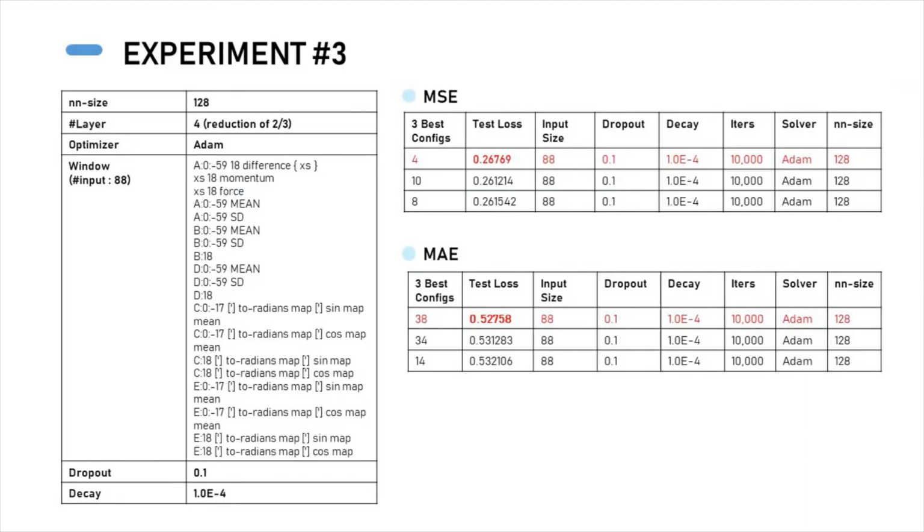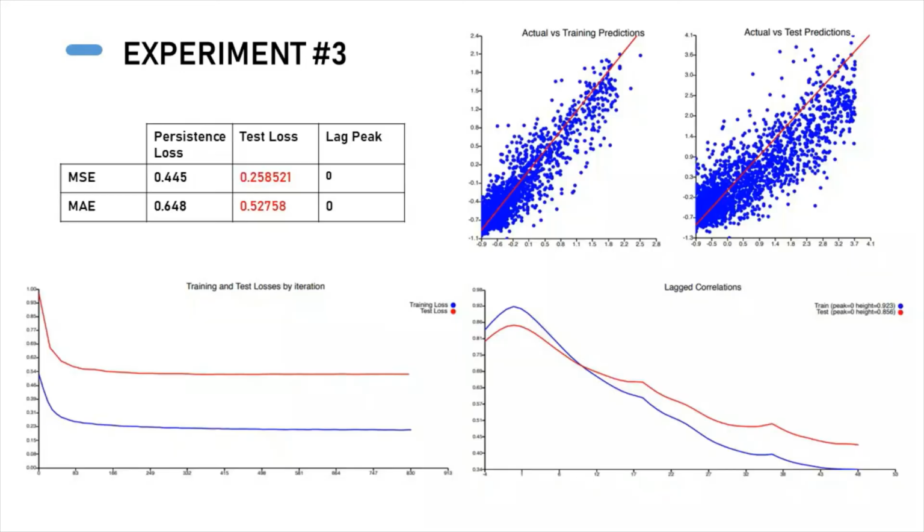By keeping the hyperparameters fixed, we include new statistical features as additional inputs. These are the mean and SD of T-60 hours of past energy produced and the SD of T-60 hours of past wind speed of models A and B. In the end, we have 88 input features in total. We achieved the best test loss using this last model while having no lag. We have better scatter plots of actual versus training and test predictions. Although we fit well on the training set, obtaining a better scatter plot of actual versus test prediction is still